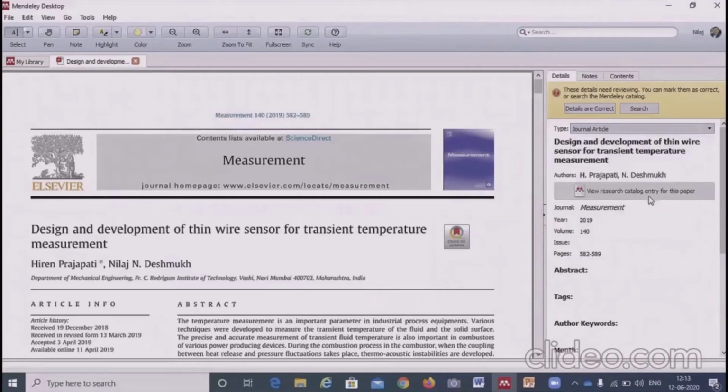Then the title. Yes, the title is correct. Author Hiren Prajapati Deshmukh, the author is correct. Then the journal name, Measurement, is correct. Year 2019, yes. Then volume, it's volume 140. Page number, yes, all the data is correct. So if it is correct, then you can simply click that the details are correct. Otherwise,